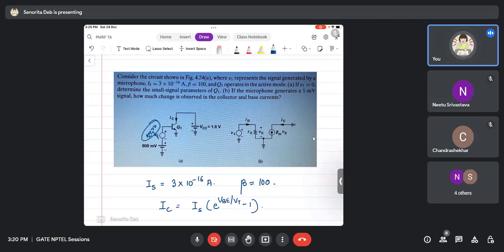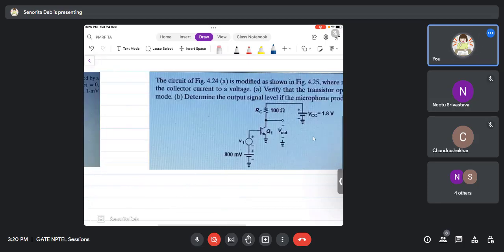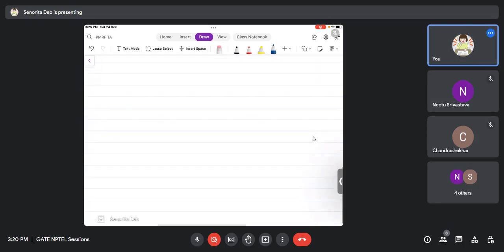What we normally do, as I just explained, is use a cap. So normally we have a cap here, and this cap actually makes